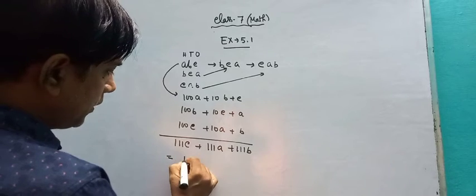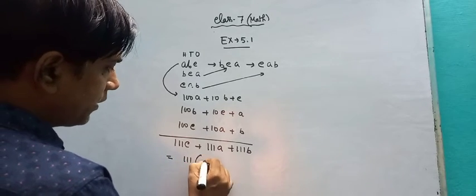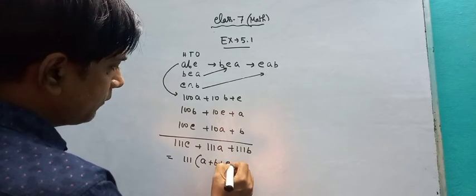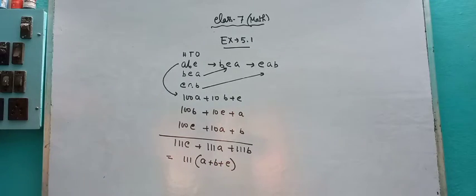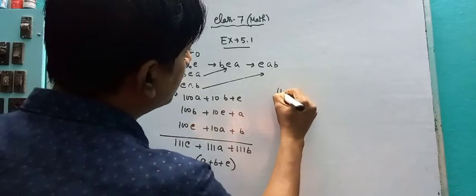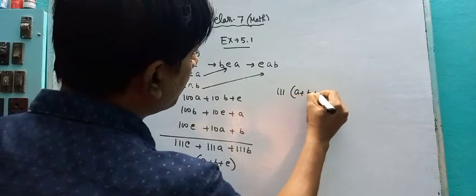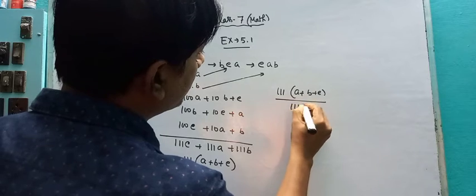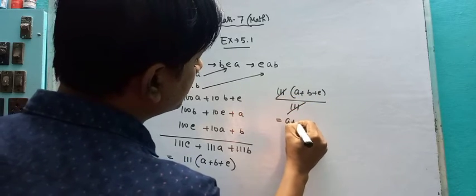You take the common factor. If I write it in a synchronized way, you will not face any problem. CAB in cyclic form, if you write ABC or BCA, both are the same, no problem. So I can write it generally in the proper manner, that is ABC. Okay. Now see that part. Now the question asks, if I divide this figure by 111, your answer is A plus B plus C.